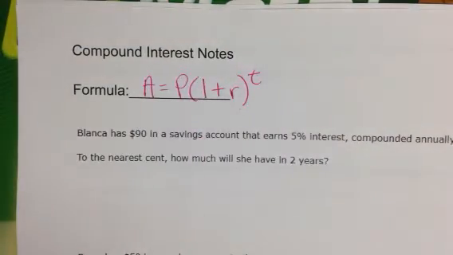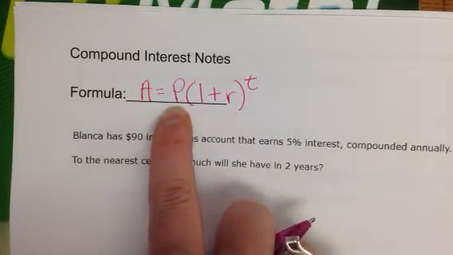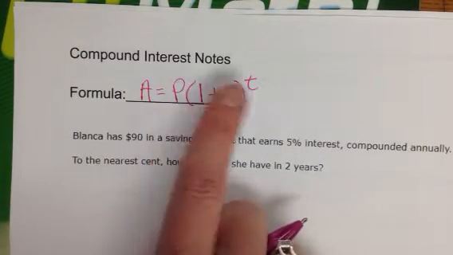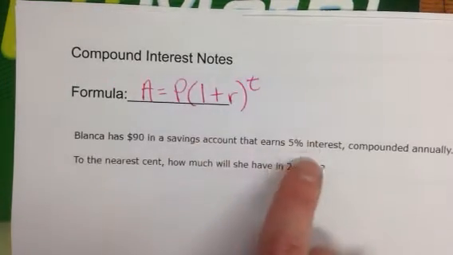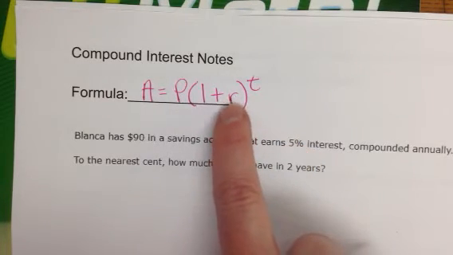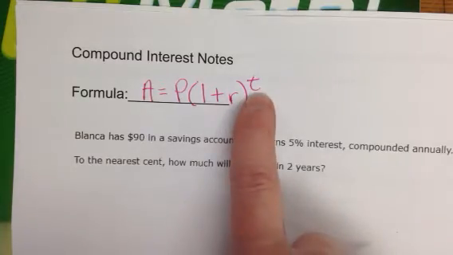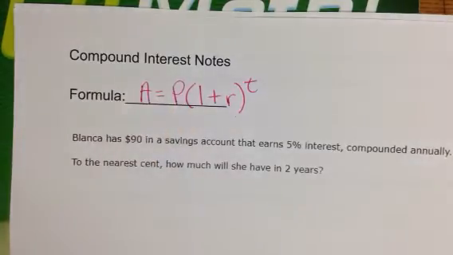Anytime that you have a problem that involves a formula, step one is always to go find the formula and write it down very carefully. Okay, let's talk about what these mean, because yesterday in our formula we had I equals PRT, so you already know P is principal, and that's the starting amount. We already know that R stands for the interest rate. Whenever they give us that percent, we have to divide it by 100 to get the interest rate to be a decimal. And we already know that T is time in years, but this A is the new one,